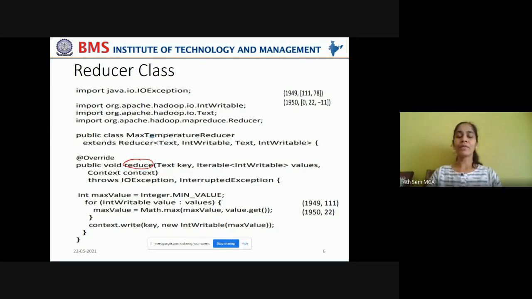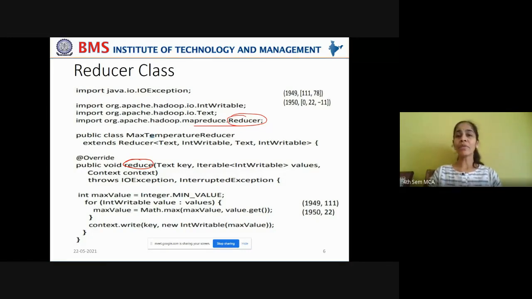We have overridden the reduce function that is defined in the Reducer superclass, which we have imported from org.apache.hadoop's mapreduce package. Now this reduce function also takes what kind of input? Key value pairs. Again, it gives as output key value pairs.